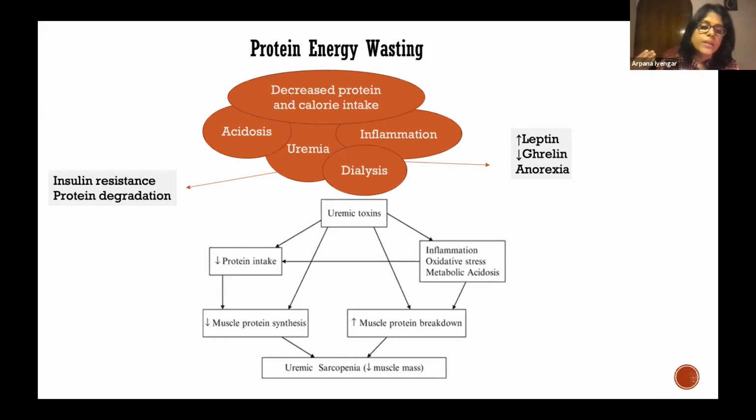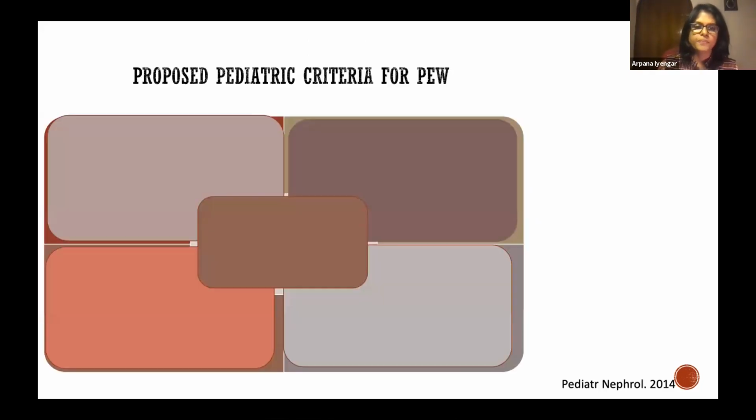And this will lead to decreased muscle protein synthesis, increased protein breakdown, and finally, uremia or sarcopenia, which is muscle loss to an extreme extent. In 2008, the ISRNM, the International Society for Renal Nutrition and Metabolism, brought out the criteria for protein energy wasting